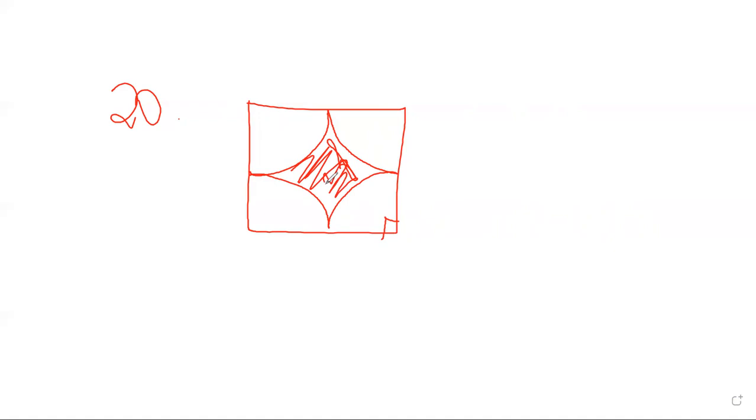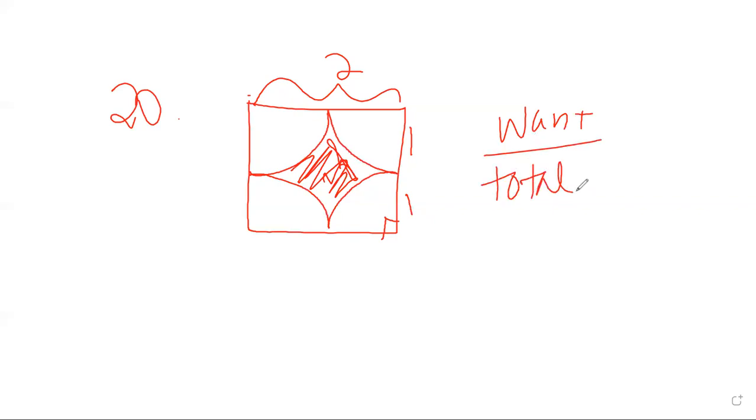Okay, well, we don't have any numbers. So pick any numbers you want. I think I like to use 1 and 1. Okay, so the whole side is a distance of 2. All right, so again, probability is what you want over total. So what do I want? I want to know the area of the shaded section. Well, in order to find that, I'm going to need to take the area of the square, which is 2